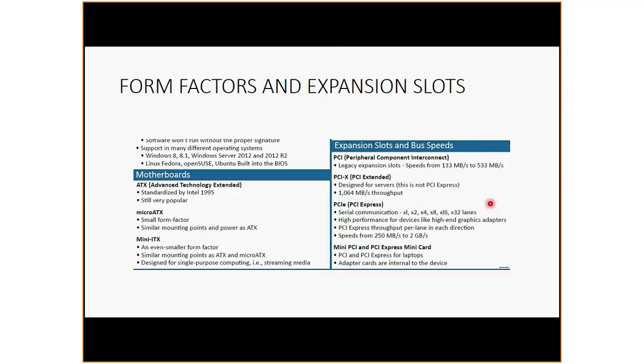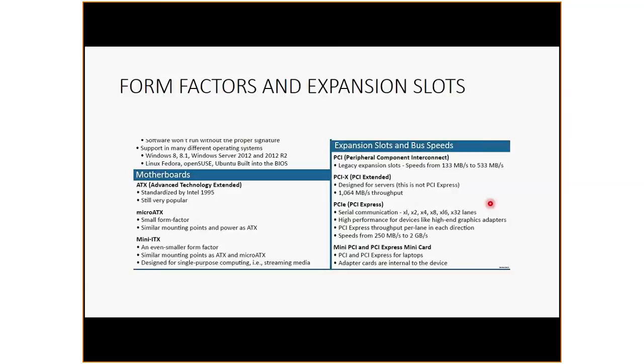Meaning both devices are communicating at the same time, but it's sending out one bit of information. So parallel, you have multiple 32 64-bit lanes, but it was all at the same sequence, and it was a half duplex communication. So it will send out something and wait and have to respond, wait for the computer or device to respond back. Serial, it's one lane or 2 or 4 or 8,